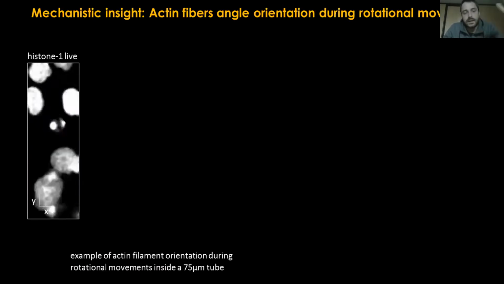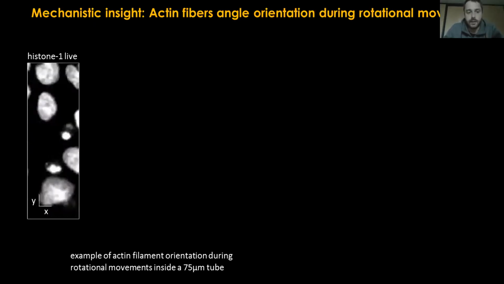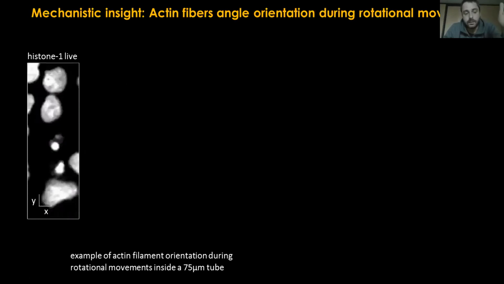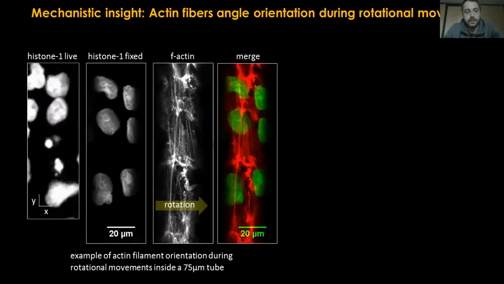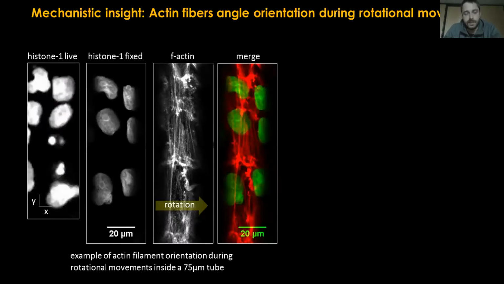Now, we wanted to see if the actin cytoskeleton is different, because, okay, we know that the cells polarize, but what does the rest of the actin cytoskeleton look like? So basically, we fix the cells during rotation and stain for actin. So this is one movie. You can see the cells are rotating towards the right, and then we fix that specific moment, and we just